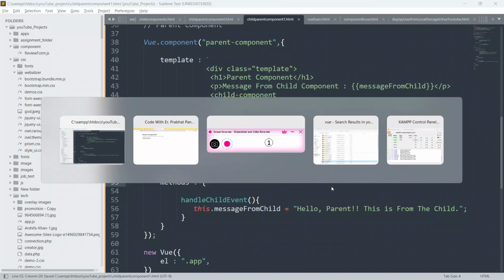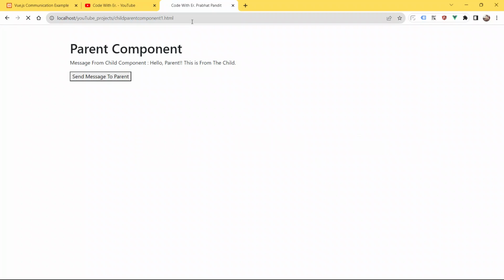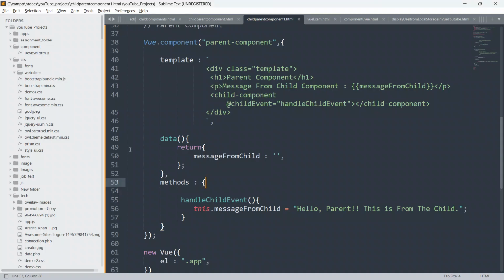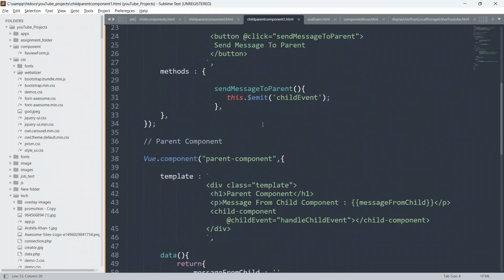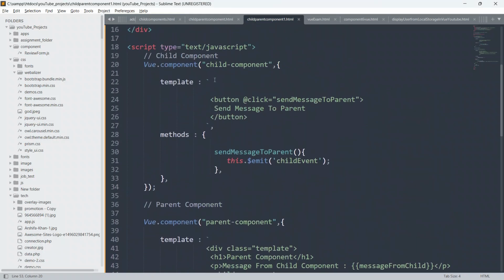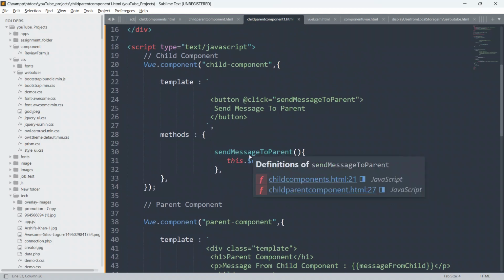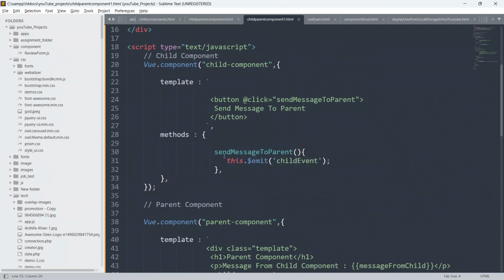So now save your code, go to the browser, and refresh the page. As soon as the user hits the button send message to parent, this custom child component will emit a message, a signal in the form of a custom event which is known as child event.